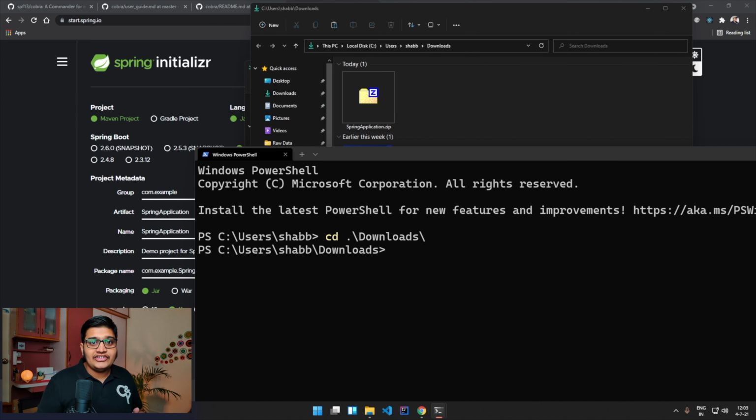I created the application called unzip and open. So uzo is my command for that, unzip and open. After that, I specify in which particular editor I want to open the project. Suppose I want to open in VS Code, then I will pass the code command over here, and then which particular zip file I want to unzip and open. Suppose that is Spring application. So I'll say this is Spring application.zip I want to open. What it will do is unzip it and open it in VS Code.